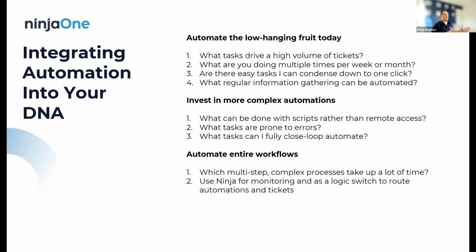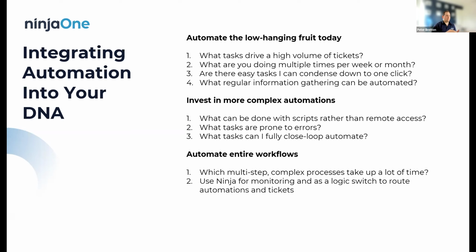If you're going to leave here and go work on automation, this is where you're going to get a lot of bang for your buck and probably a lot of benefit quickly. The next is the more complex tasks. What can you take away from remote access and do via scripts? Even with how fast remote access is, for example in Ninja, that's an additional 30, 40, 50 seconds of connection time, orienting yourself to the environment, interrupting the end user, and then doing the task. If you can take all of that time out and do it via a script,